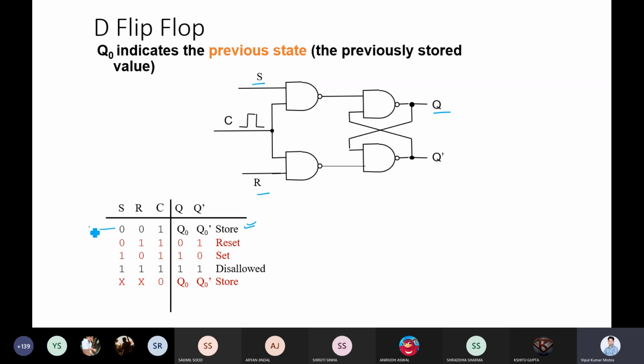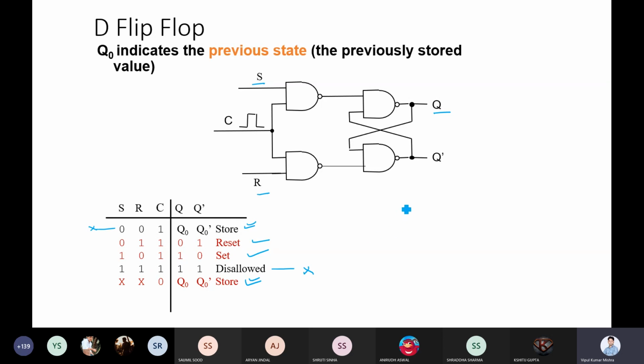This unit I'm not worried about, because we have another mechanism to store when your clock is 0. Now this disallow state, why keep it? Just throw it out. I don't want this as well. Now, in order to modify the value, I have two options. Whenever we want q equal to 0, I will keep r equal to 0. Whenever we want q equal to 1, I will keep r equal to 1.